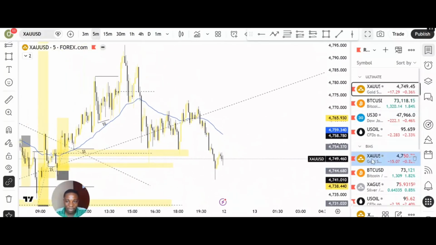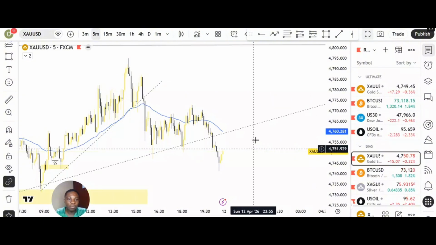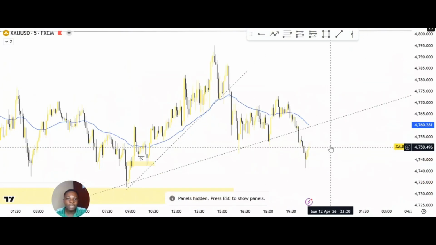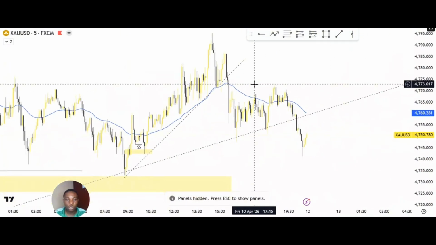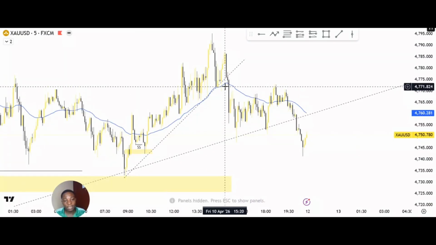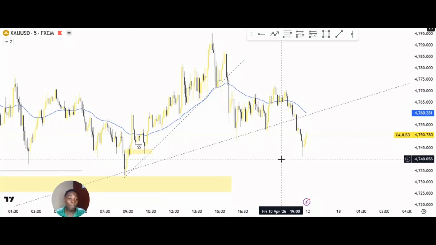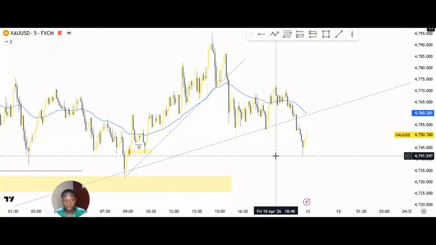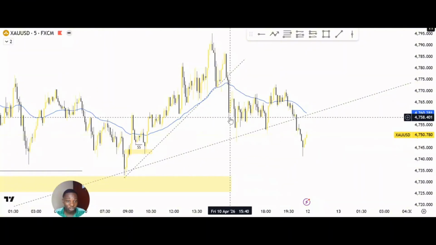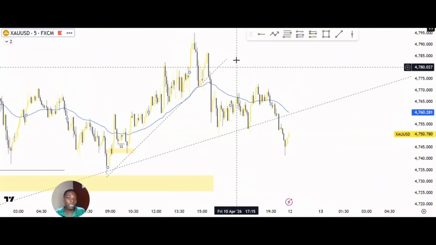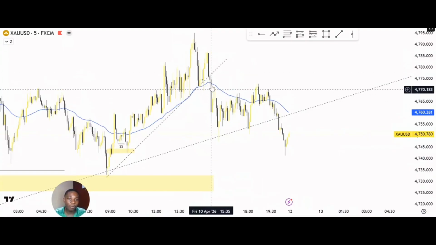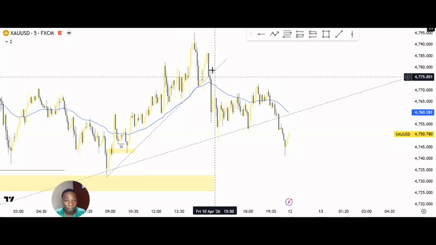You see, I've named it bias. Then I just move to the next one, and I'll just be following the bias. That's what you should do. When you have your overall setup, then you just follow the bias, because gold is very volatile. After you get your bias and your setup, you enter your trade. You just follow the bias. As soon as I saw that price was currently having a high possibility,